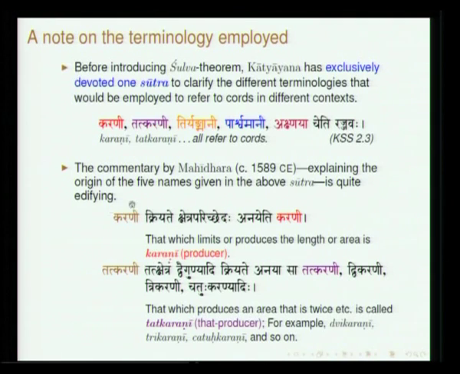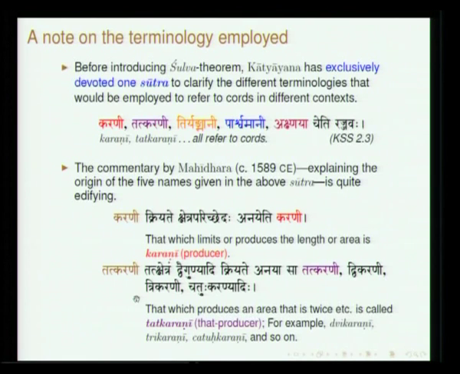In fact, the commentator Mahidhara clarifies what these terms mean. Karani, he says, Kriyate Kshetra Parichhedaha Anaya iti Karani. Parichhedaha means a certain limitation, or measurement. Kshetra Parichhedaha Anaya Kriyate iti Karani. So, you will find in various places the terms like Dvikarani, Trikarani and so on. This Dvikarani actually means root 2, Trikarani means root 3.